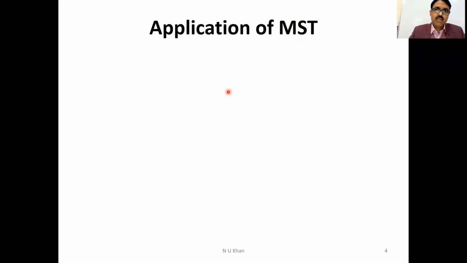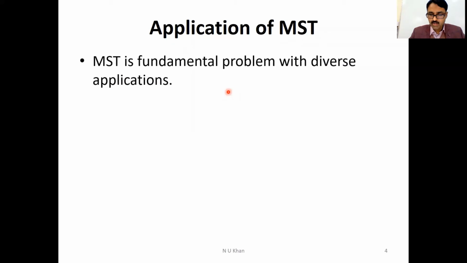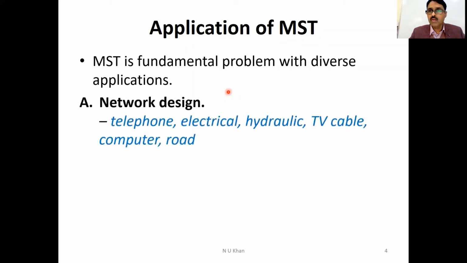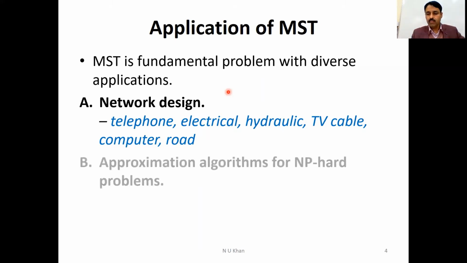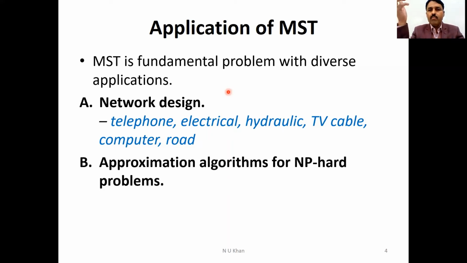Now, there are several applications of minimum spanning tree. The most common application is in network design. So in network design, what is the meaning of this? Suppose a phone network design, you have a business with several offices and offices are situated in different locations, different cities, and you want to lease phone lines to connect these offices